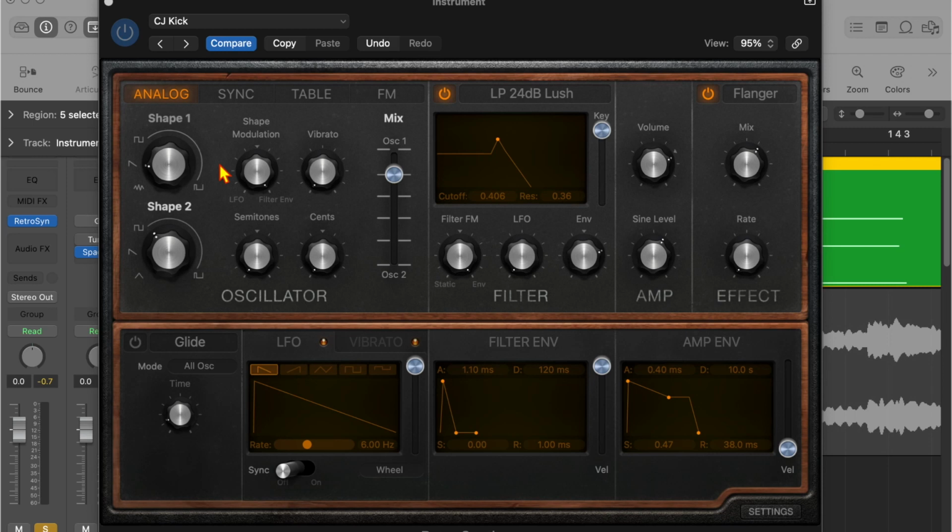This is the analog retro synth, which I believe is a classic Moog emulation. So you've got different shapes, filters, low frequency oscillators, filter envelopes, amp envelopes, and you can mix between the two oscillators. So what I've achieved is this